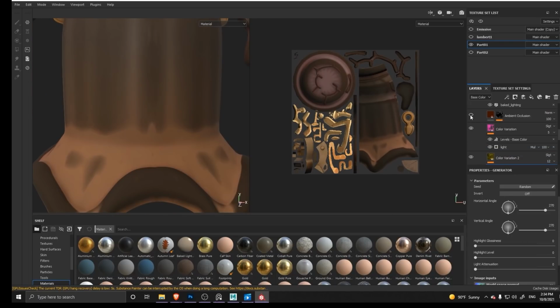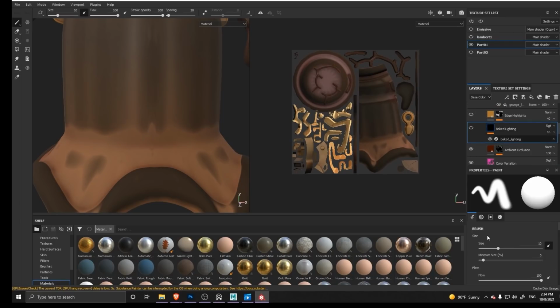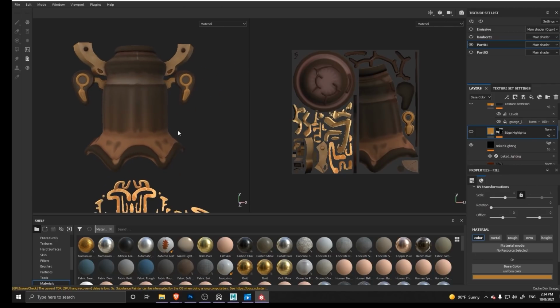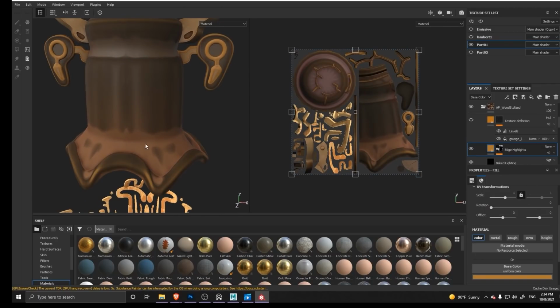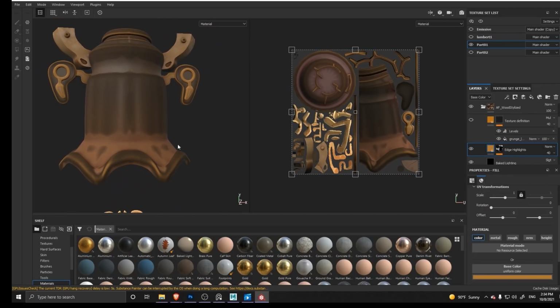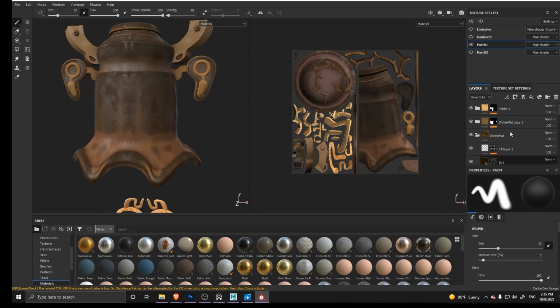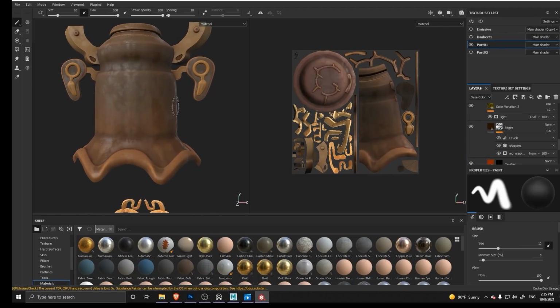And then after that, I just have some more ambient occlusion just to make it pop a little bit more, and a baked lighting that is just a filter. After that, I went back in there and started refining some of the edges. So now I have some more yellow going on in there, and I added some more texture definition. And I just noticed that I never turned my levels back in there. There we go. That's better.